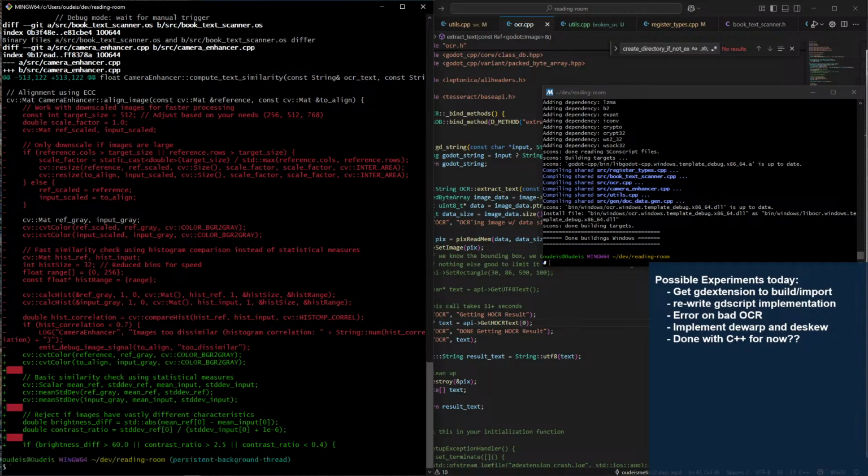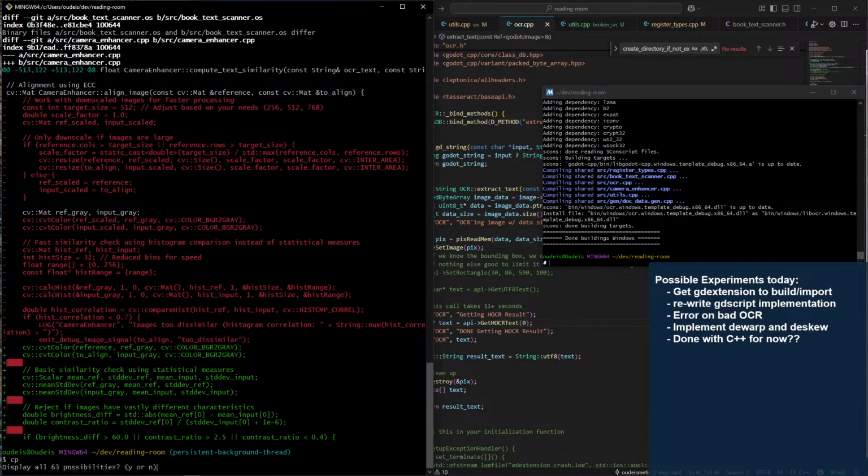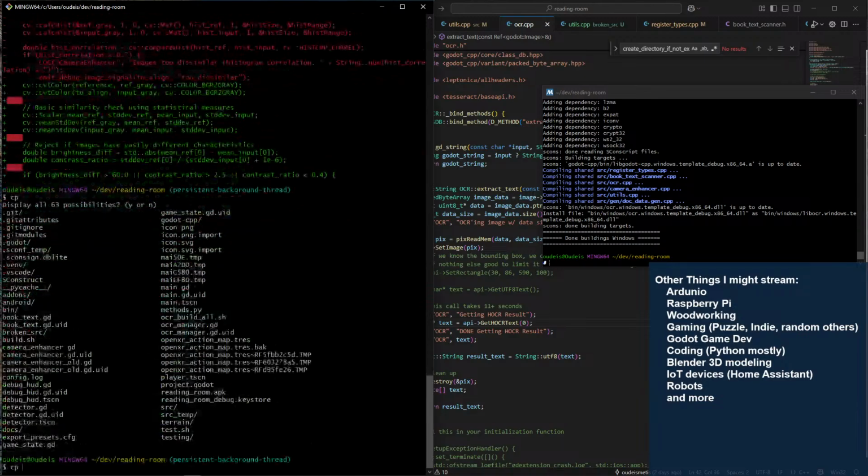Let's eliminate that. Let's copy source temp into source.